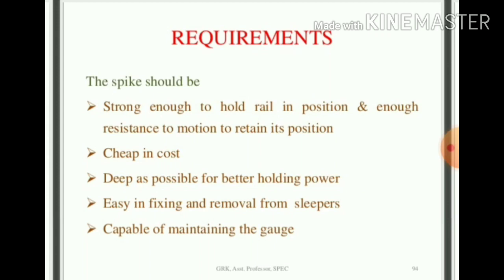Understand? So whatever aspect we design in a railway track, the one thing common in the design and planning of each and every element is the alignment and gauge distance. Whatever changes or modifications you make to the railway track, its alignment should not be changed and its gauge distance should not be changed. That is the primary requirement or objective behind any means used in railway track